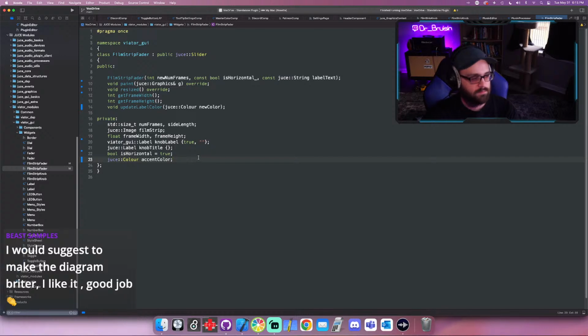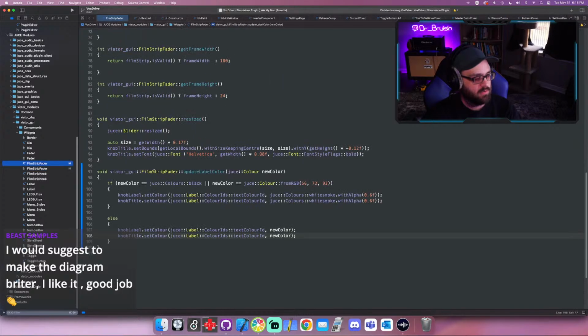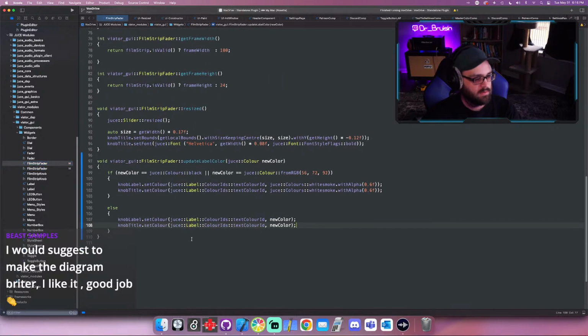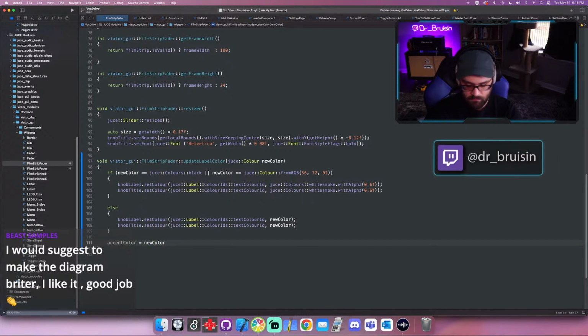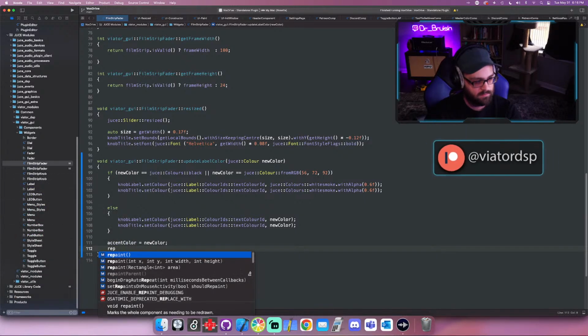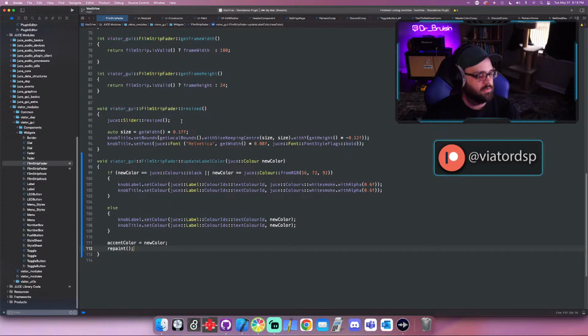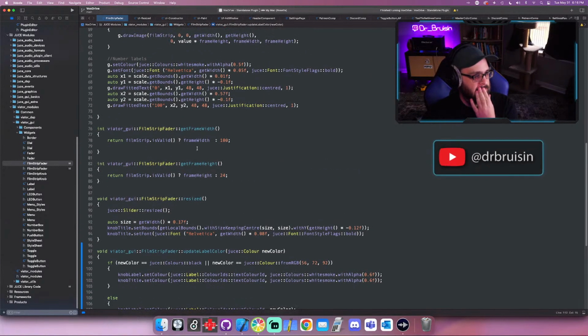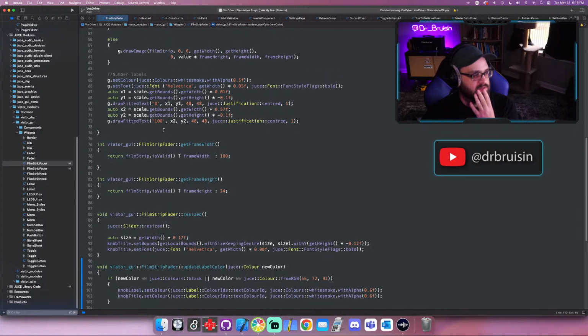Yeah, I can make it brighter. Let's see, accent color. So down here, accent color is equal to new color. I'll call repaint so that paint happens again. And then in paint, so this is the 0 and the 1 right here, I'll say set color to